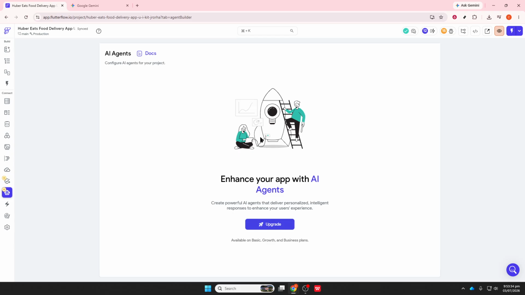When everything is set up, test your app by clicking Run or Preview. Move through the screens and check for any layout or functionality issues. Finally, save your project, build it for Android, iOS, or web. Download the generated Flutter code. If your plan